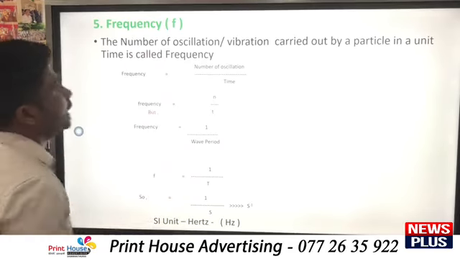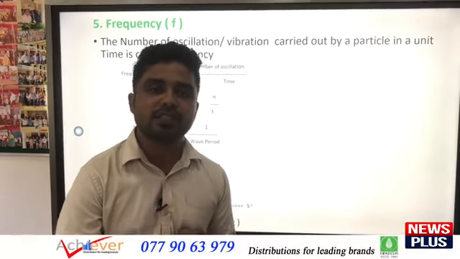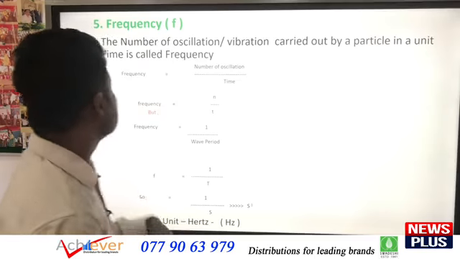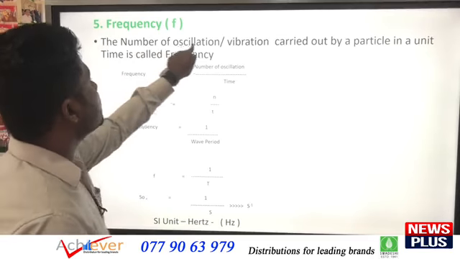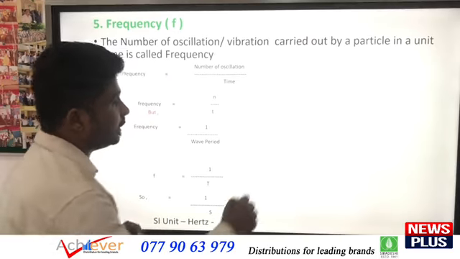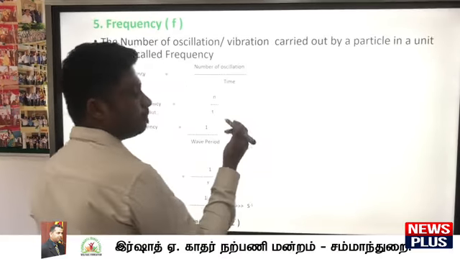The fourth one is what? Frequency. Frequency means அதிர்வெண் அப்படின்னு சொன்னா what is? The number of oscillations. I have to say one thing here. What is oscillation? If you take a pendulum,